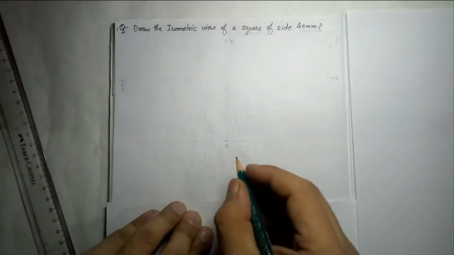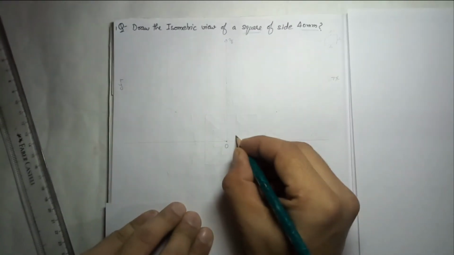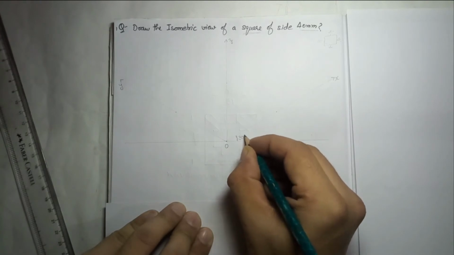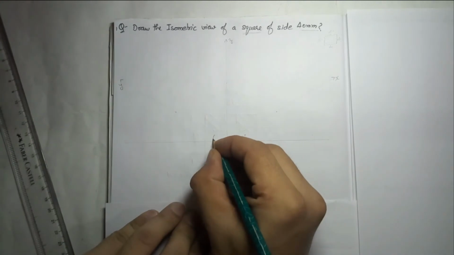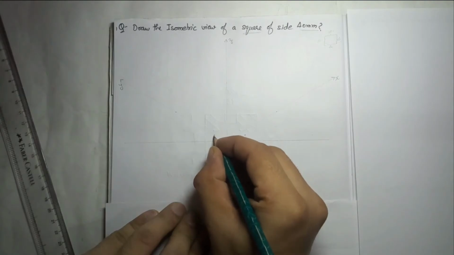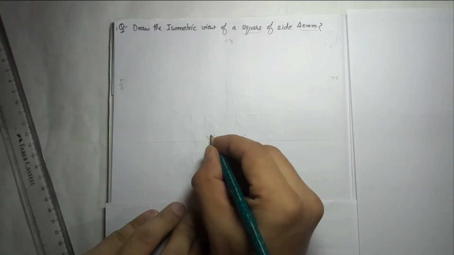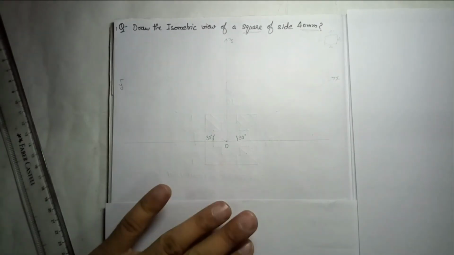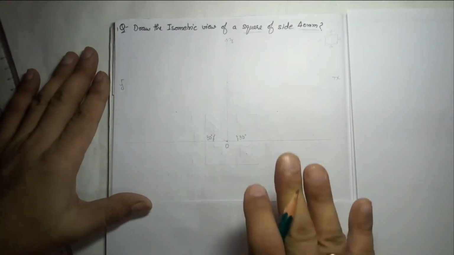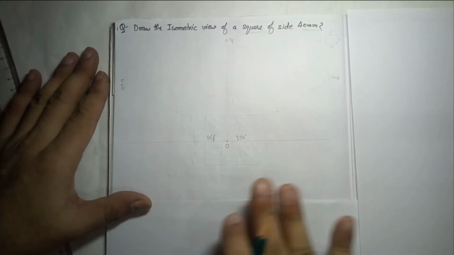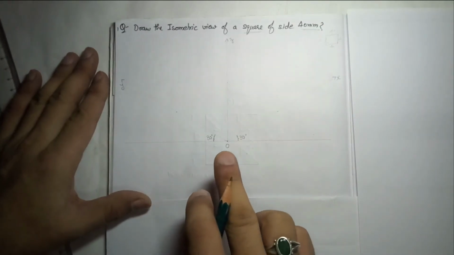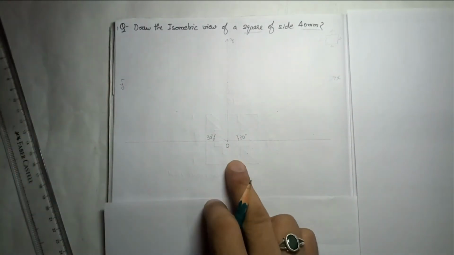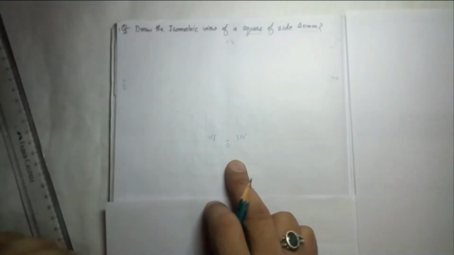Right, now after that you can mark the angles also. Here I have taken 30 degrees, the standard angle. Every time you have to take this 30, and this also 30, so mark 30 on both sides. So this is the isometric axis. If they ask you the same question for 2 or 5 marks, what is the isometric axis, you have to draw the same diagram.